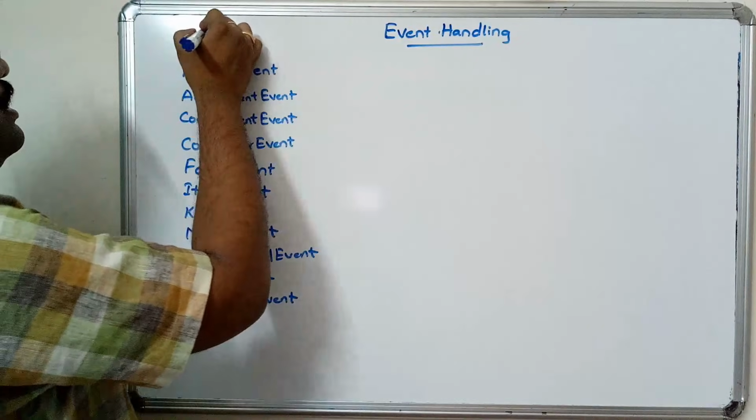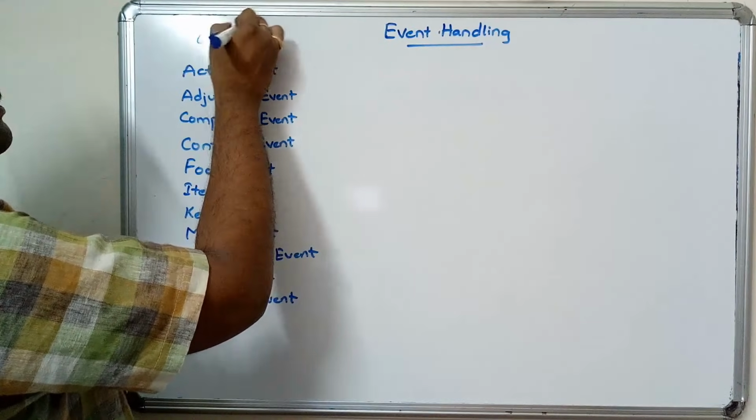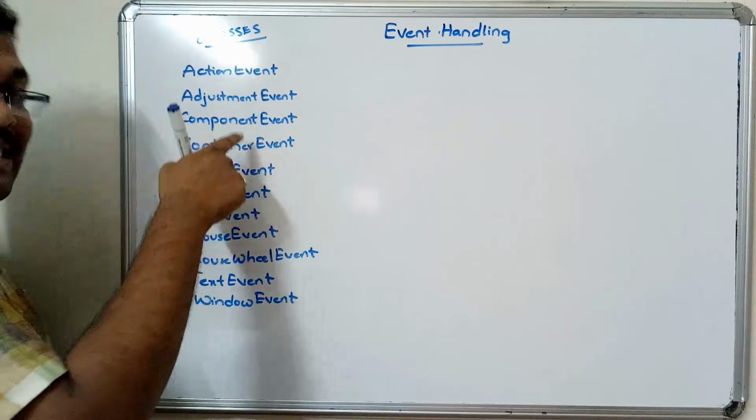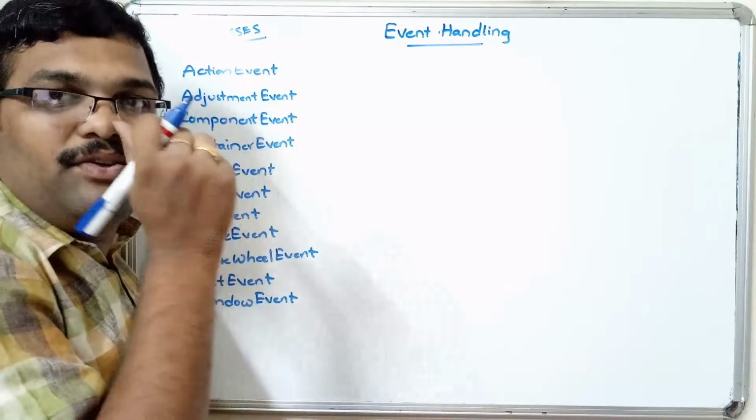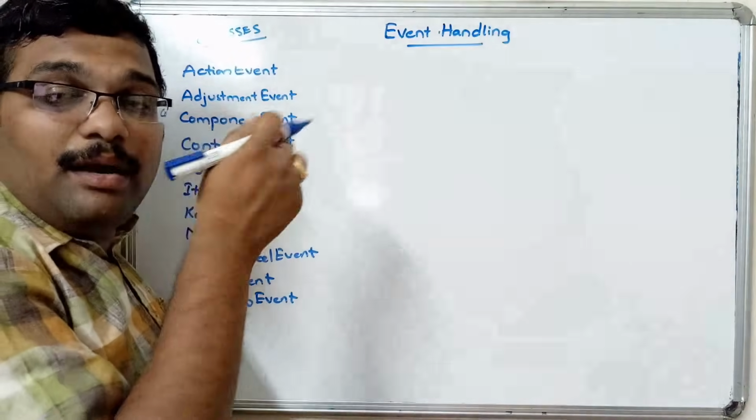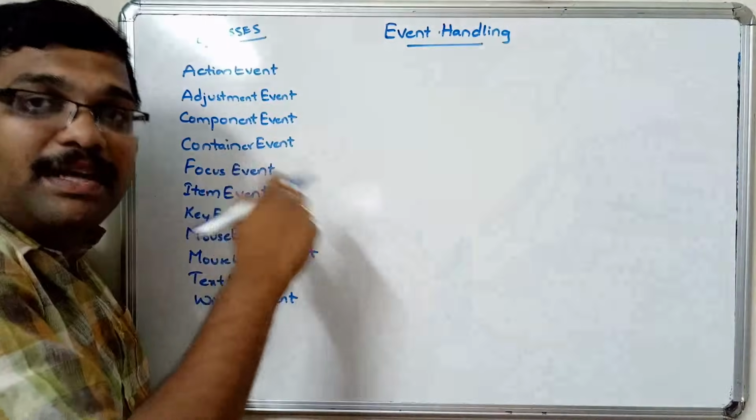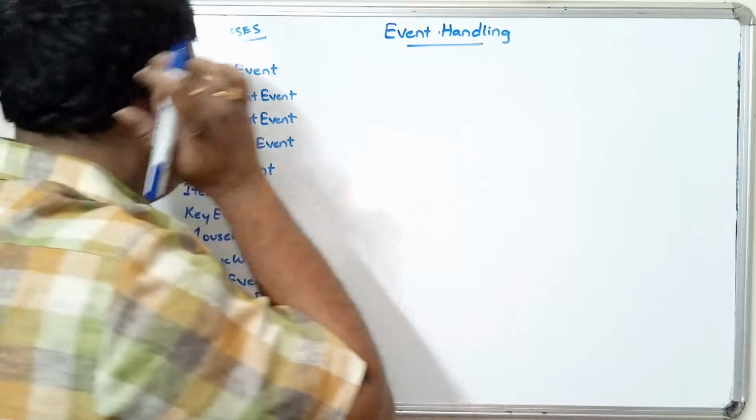So these are all the classes. These classes are used to generate the events. Okay, so whatever the events generated by the sources that are available as methods in this class. Now let us see